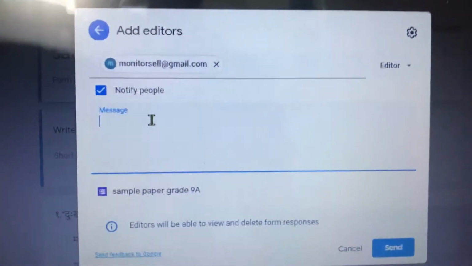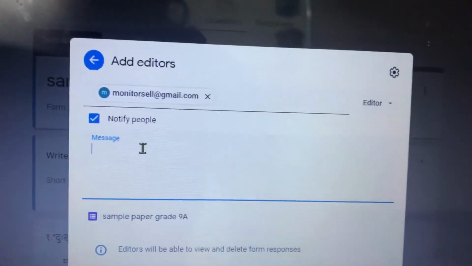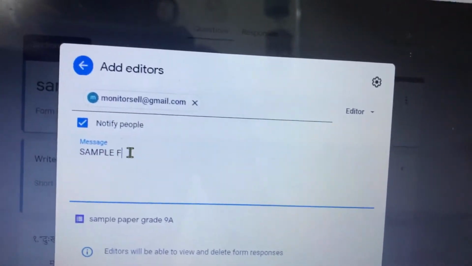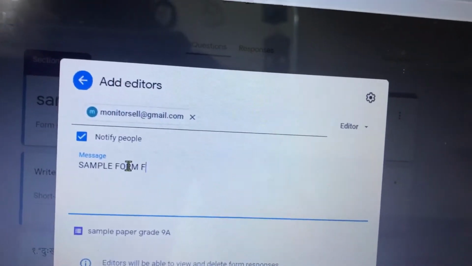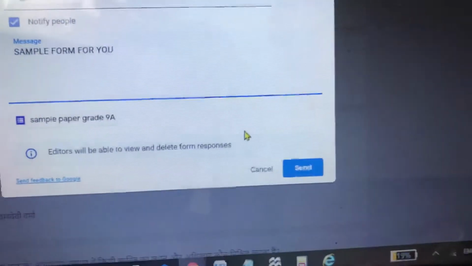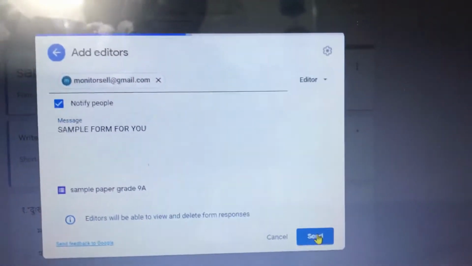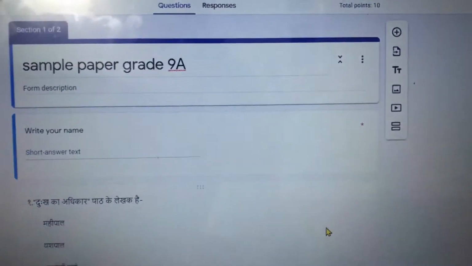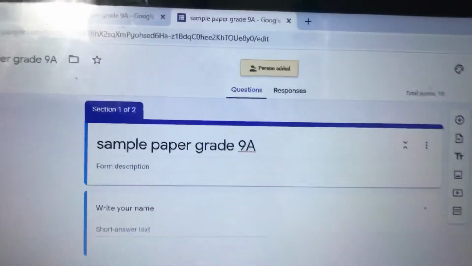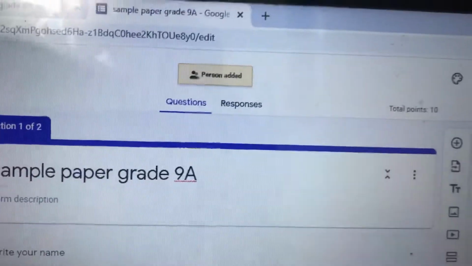I can give a sample message also. Let's say, sample form for you. Okay, and then I'll just say send. With that, as the first person I am done, and you can see here it is showing person added.